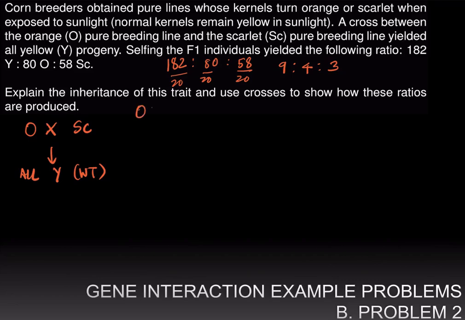And so we can say that orange is homozygous for the mutant allele, little o, and homozygous for the wild type allele of the other gene, whereas the scarlet line is going to be homozygous for the wild type allele of the orange gene and homozygous for the mutant allele of the scarlet gene. And therefore, when you cross them,